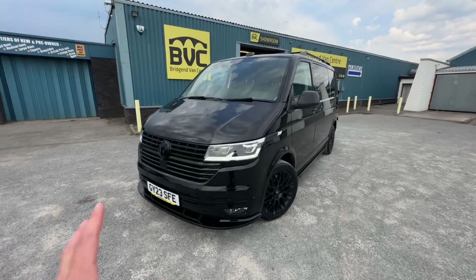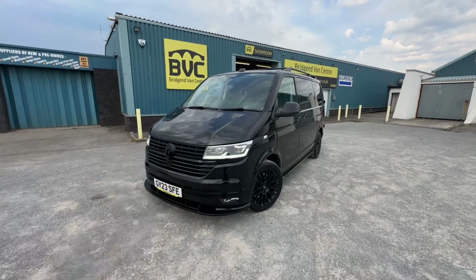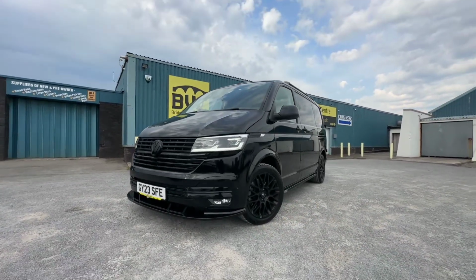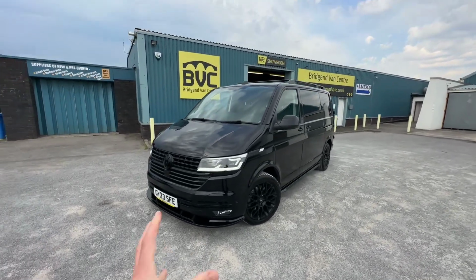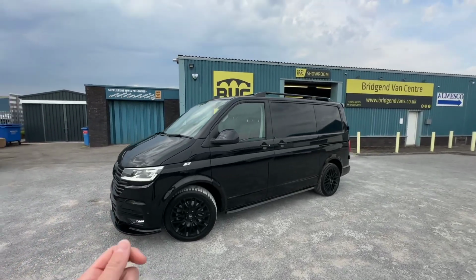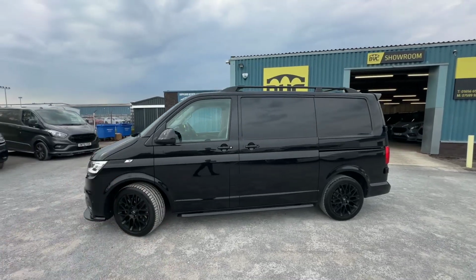Here we have for sale our 2023, on a 23 plate, Volkswagen Transporter. This is the T6.1, so the facelifted 6th generation of the Volkswagen Transporter. This is a T30, which means it's got a 3-ton gross vehicle weight. It's got the 2-litre bi-turbo TDI diesel engine, Euro 6 of course, producing 204 PS, which is roughly 204 brake